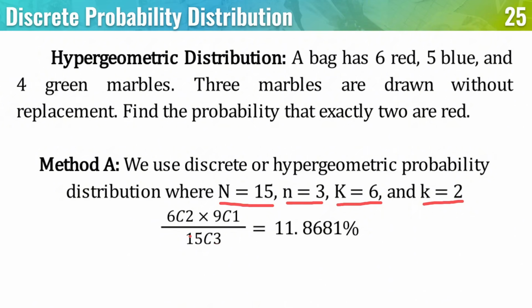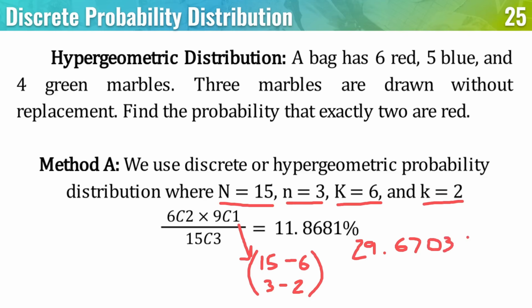So we have 6C2 times 9C1 over 15C3, following our formula earlier. So again, this comes from 15 minus 6 and 3 minus 2. So doing this should give us an answer of 29.6703%. So you can ignore the one that is typed here on the screen. That's a typo. So the correct answer is